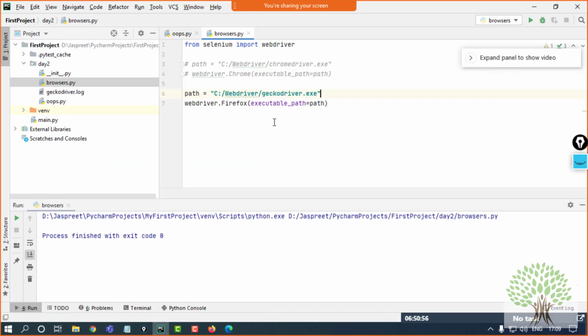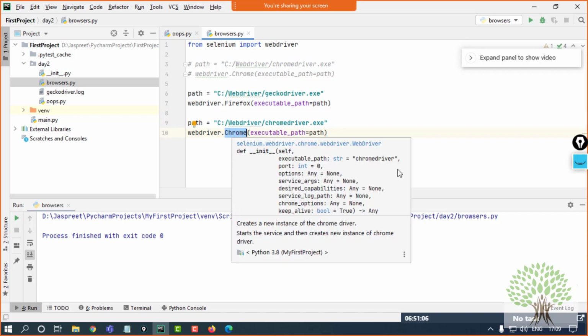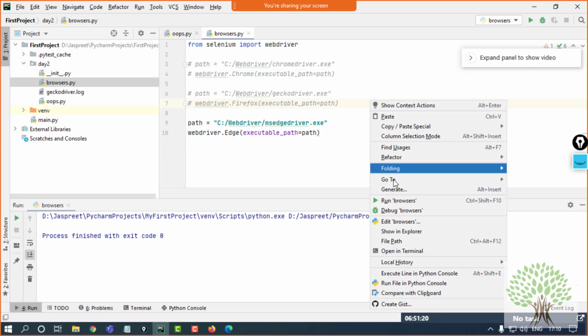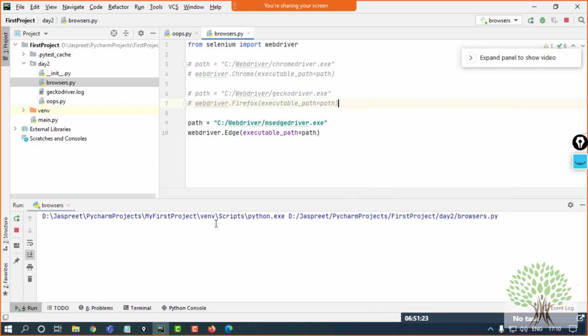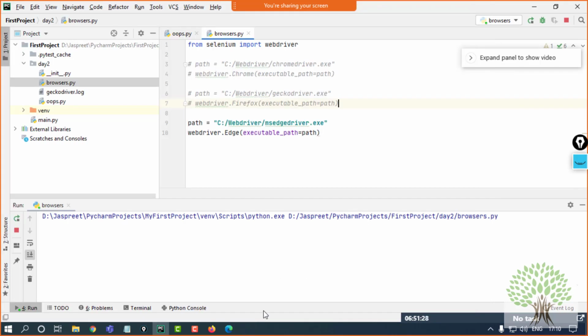And after doing that, go back to your code. In the code, two changes. One is the change of this name. Now you are opening Edge browser, and the driver is also different. That is MS Edge driver. So I'll save this code and I run this. So a blank Edge browser will open up in my case this way, and it closed automatically. Fine.